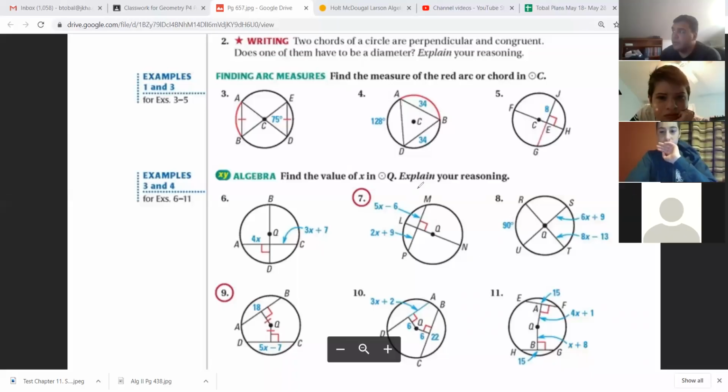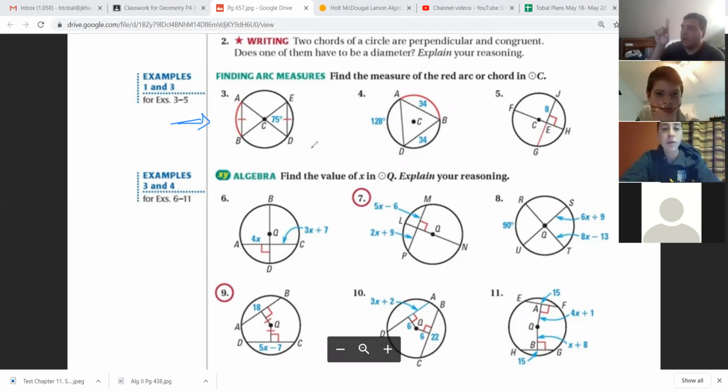All right, let's go over 10.3, I believe, numbers 3 to 11. Now, each one is like their own type, so let's talk about that. Number 3 to 5. So one thing that we talked about is that if the chords inside the circle are